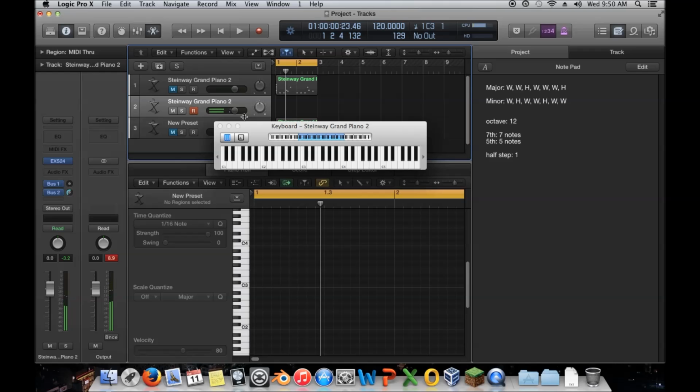So it gives it just a little bit of mystery at the end. There's also one more you could do. Instead of having it right up there, you could bring it down one note in your scale, and then you just have that. So it doesn't sound quite as good as this one,